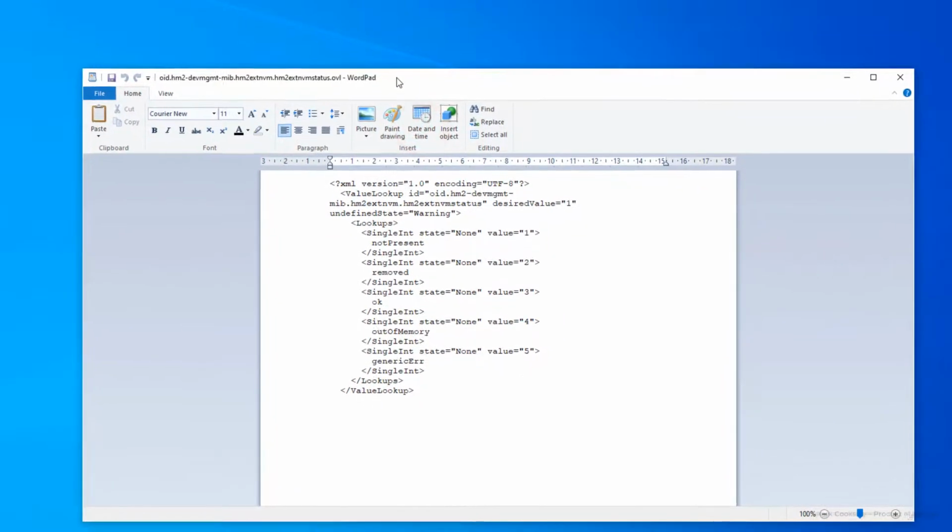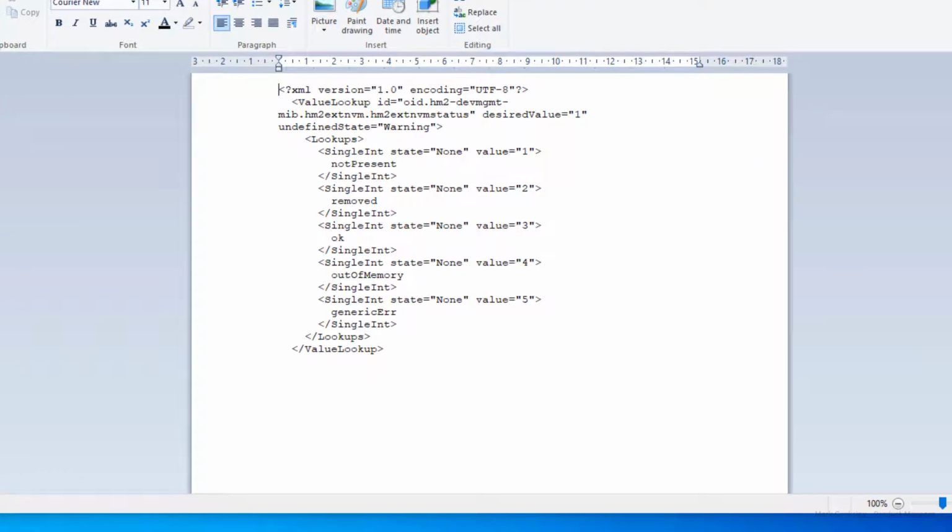There are three important parameters in each table. Value is the numerical value returned by the MIB variable. The words following the value are the text which will be displayed in PRTG.